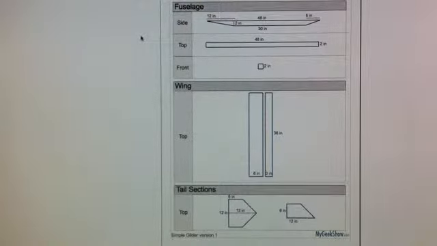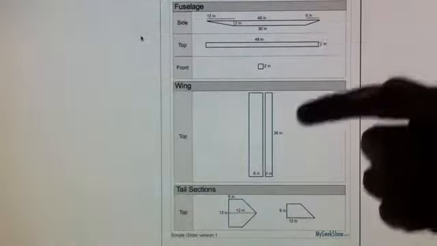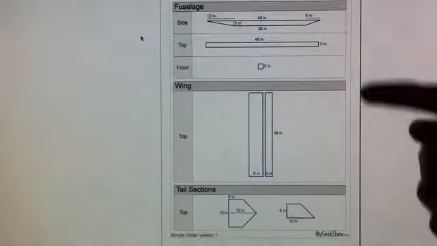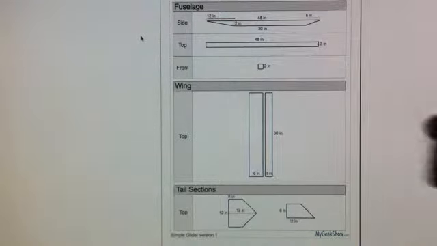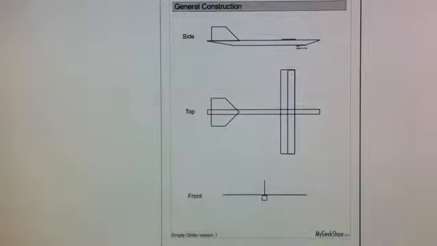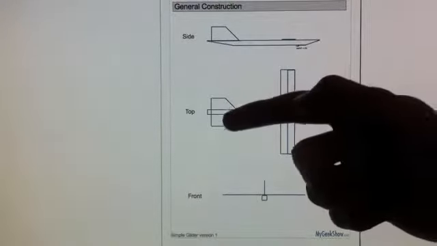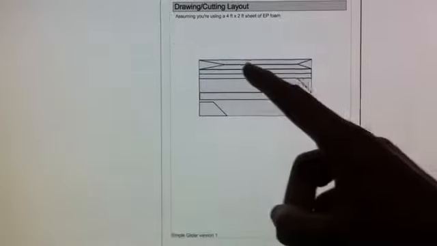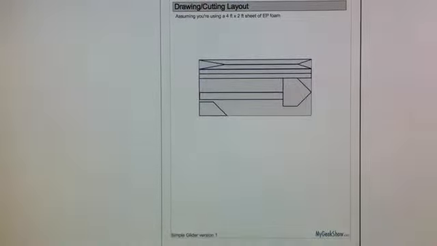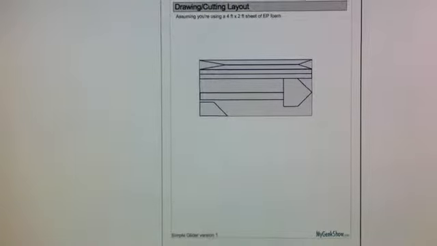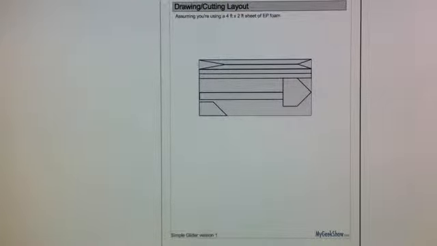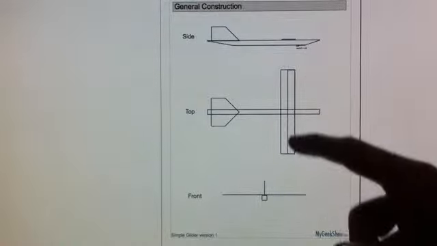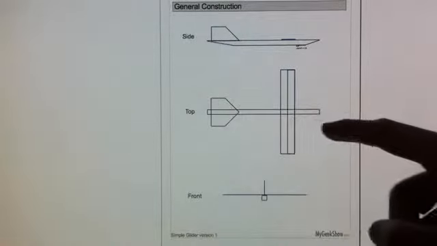First objective, is it easy to build? Well, we've only got a few parts, so to me that means pretty easy to build. I don't have any crazy curves or lines, just straight angles. This is general construction. We've got our wing section, our tail section up here, our wing across the top. Right here you can see it's only going to use one sheet of 4x2 extruded polystyrene foam, which goes for about $1 a slice, so $1 to build this. Next is interchangeable parts. So instead of gluing this wing and this tail section to this body, it'll be able